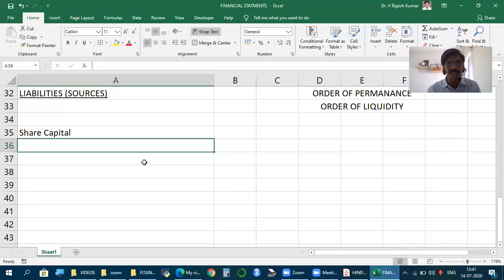So whichever share it is, equity or preference share capital, but basically, give a thought. When should the company give back this share capital? It can have this capital till the company closes. Meaning, this is a source available permanently, forever, as long as possible. Order of permanence is the reason we show this as the first item.